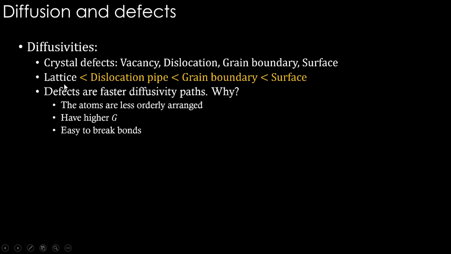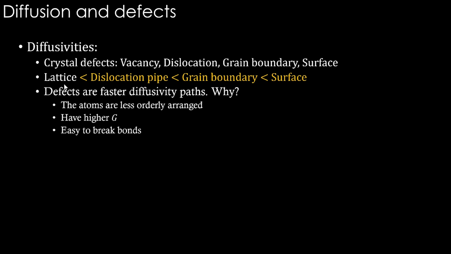Especially this lattice diffusion is what we have been talking about, that an atom jumps from its original location to the next location and forms a bond again. So this particular thing is lattice diffusion. When we talk about dislocation pipe, it is the core of a dislocation. Dislocation, if you have already come across, you may know this is basically a line defect, a line of atoms which do not have proper neighbors to bond. Therefore, they are at an excited energy level, and the area below the dislocation line is called the dislocation pipe, and diffusion through that pipe is easier.